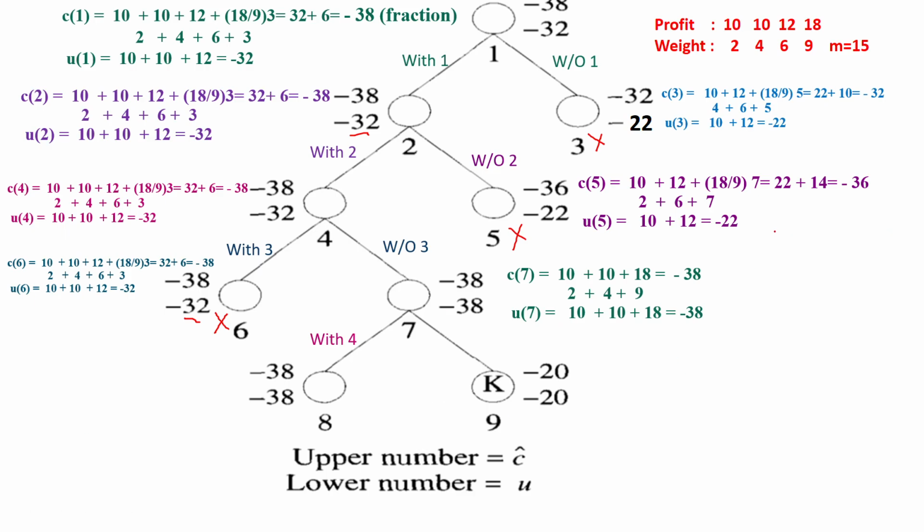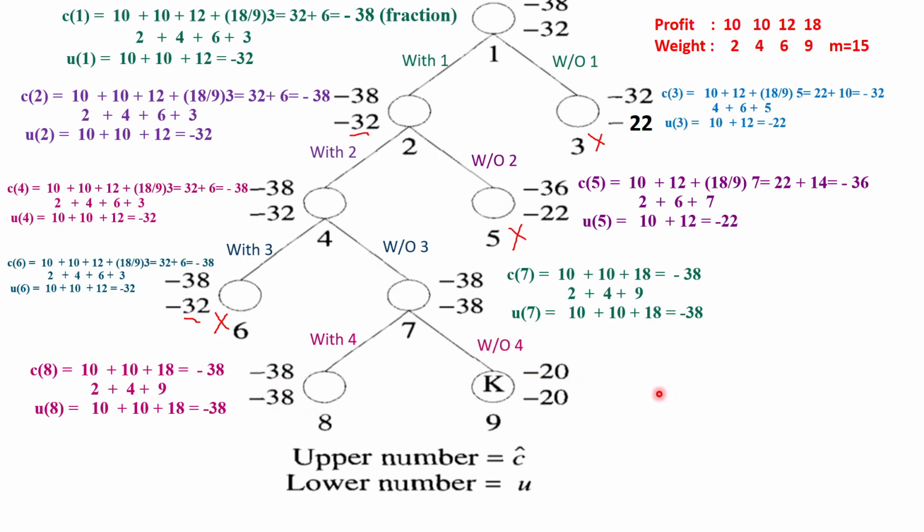Next I will go for what? With 4 here, let's see. So first item is there, second item. This is the continuation of which part? Without 3 here. Then you don't consider this 3, you have to consider only the fourth item. If I include it, then I'll get the solution as 38 here. For U also it is the same, and for C also it is the same.